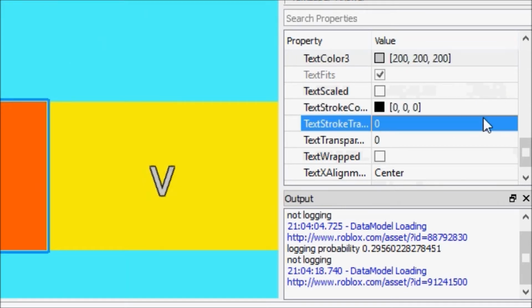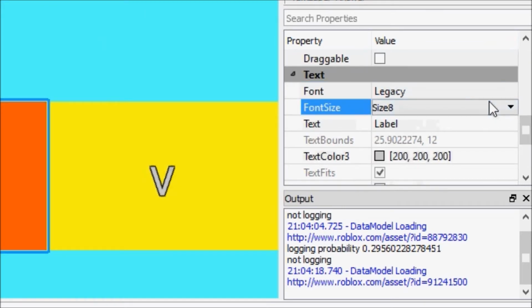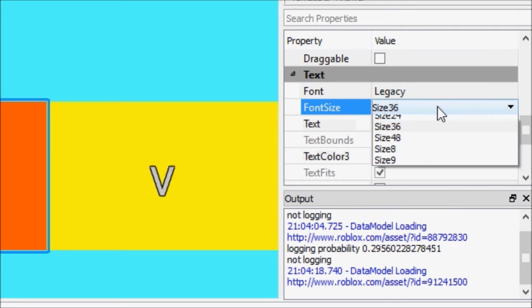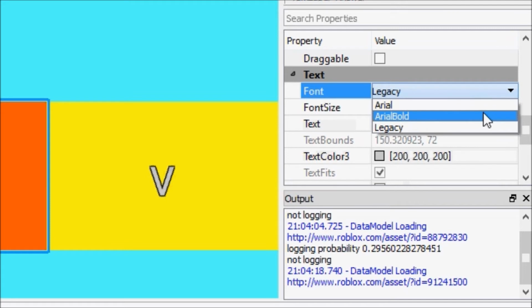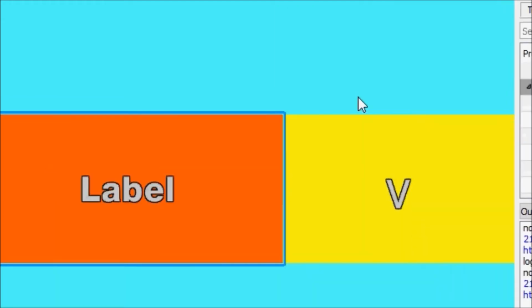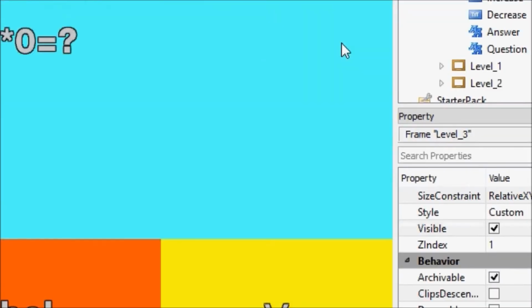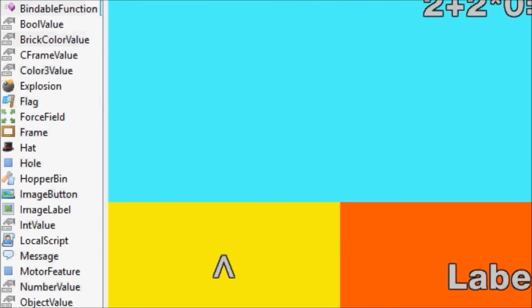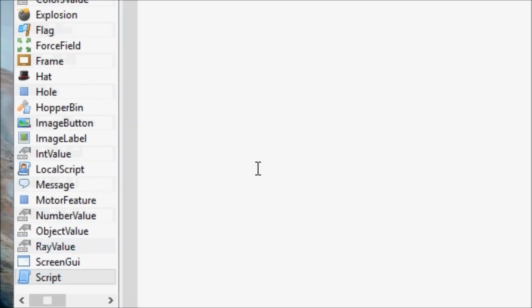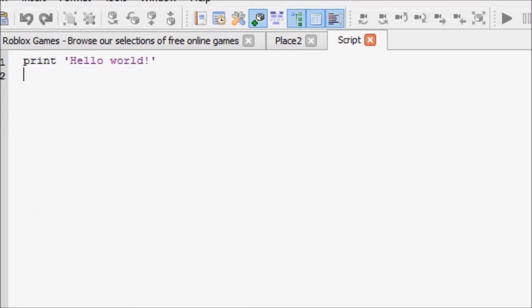However, there's still the scripting portion to this tutorial, which I will not forget, don't worry guys. And we'll get to that in just a second. There we go. Okay, so now we're going to insert a script into level 3, and there goes Hypercam going over to my other monitor again. And in this script, we're going to make a couple variables real quick. Increase equals script.parent,